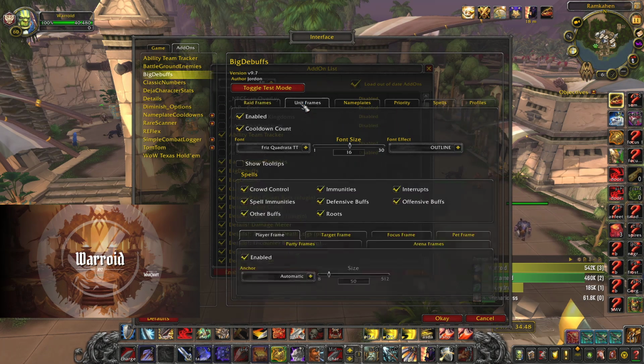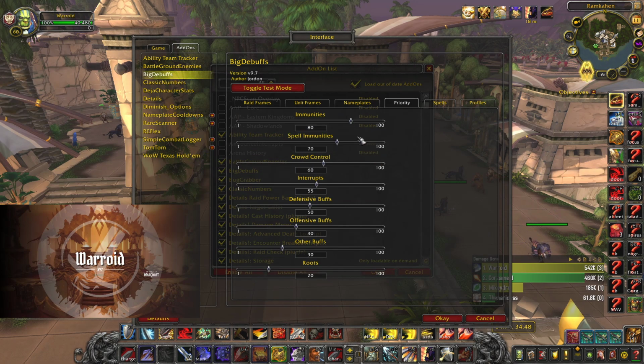I think this is a pretty straightforward one. The only thing I would double check is your priorities. I have my priorities like this, this is just how I like them. I generally want to see immunities first, spell immunities, then crowd control after that, and then defensives and offensives a bit further down. You can change these depending on how you feel, but generally this is what I find